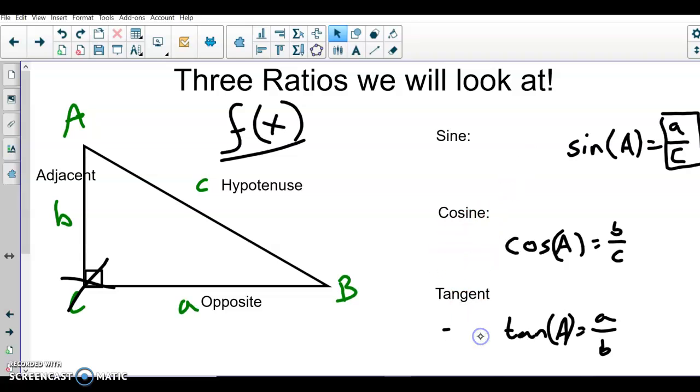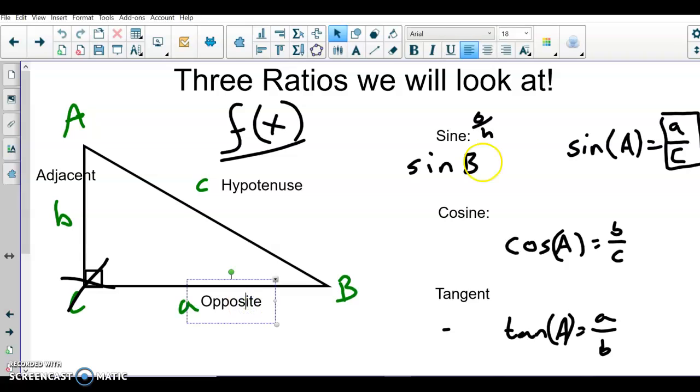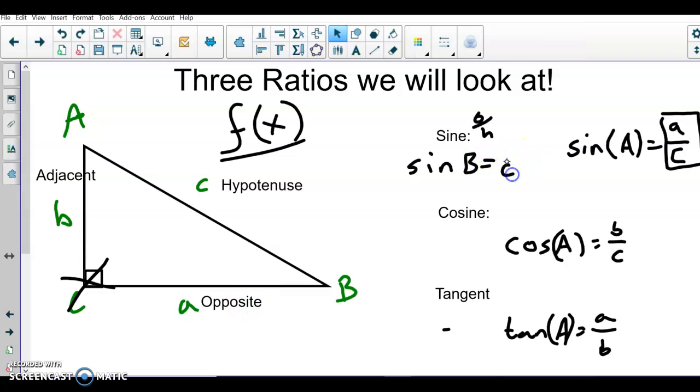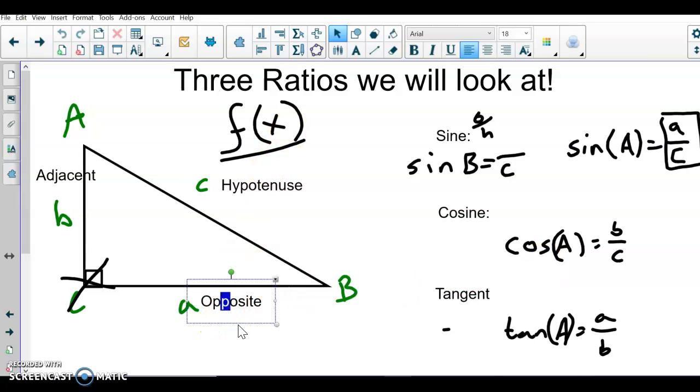So I'm going to say, okay, well, now what about the sine of B? The sine is the opposite over the hypotenuse. And so I now look at this. The hypotenuse stays the same. It's still over C. But when I come over here and look, okay, well, what's the opposite? The opposite is now moved to be, okay,